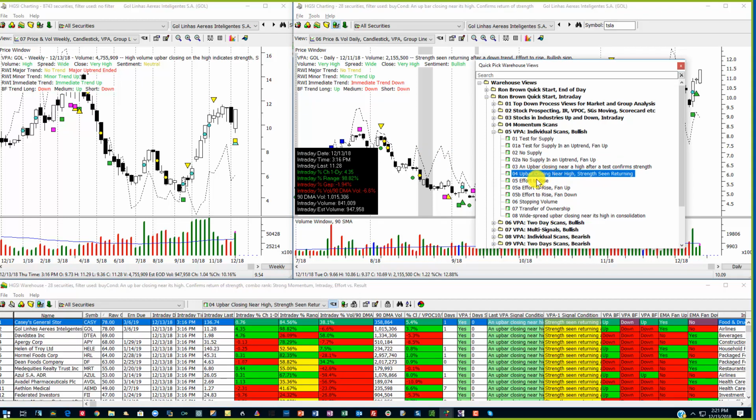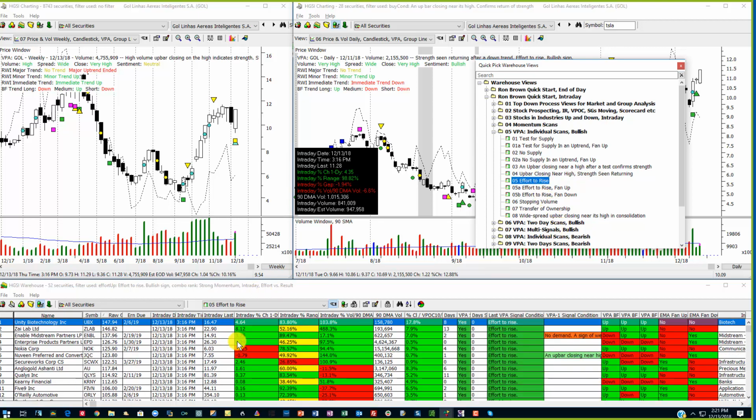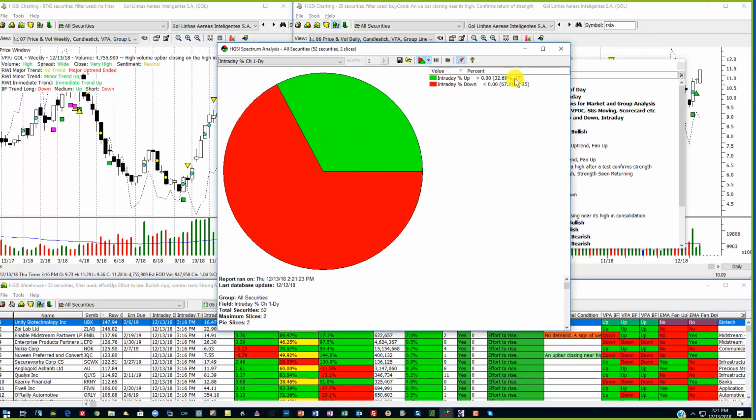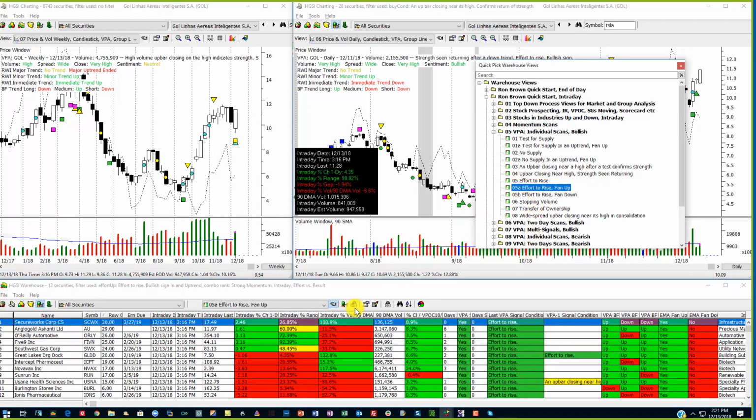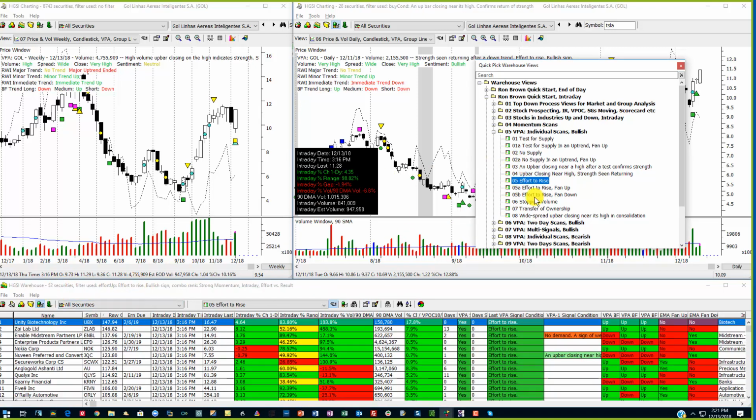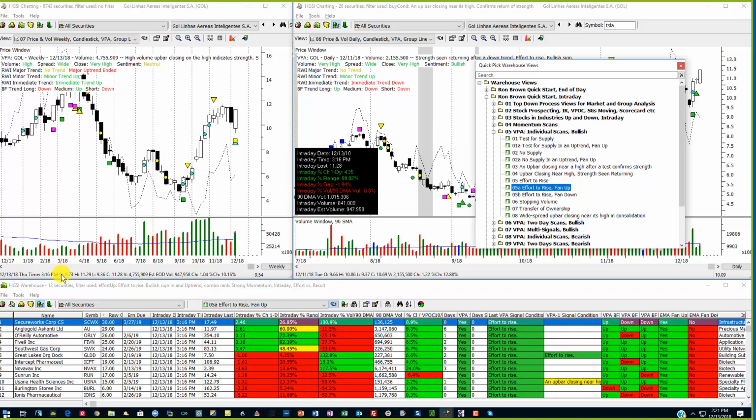Okay, this is up bar closing near high, strength seen returning. That was in there. Here's the effort to rise. Looks like, well, let me do this quickly. That's about a 2/3 and a third, so that's a little bit stronger. There was follow through. Here's effort to rise with a fan up. This is new. So I go from effort to rise of 52 stocks to effort to rise fan up with only 12 stocks. So what that does, the reason I put this in is I want to see stocks that